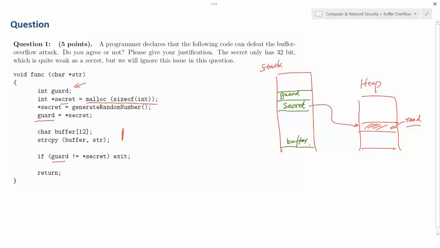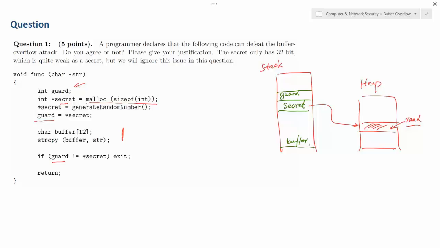Couldn't you use GDB to find the location? Because the pointer is stored on the stack, you just copy it and you could always point to the heap, and that's how you would defeat it. But you cannot change this code.